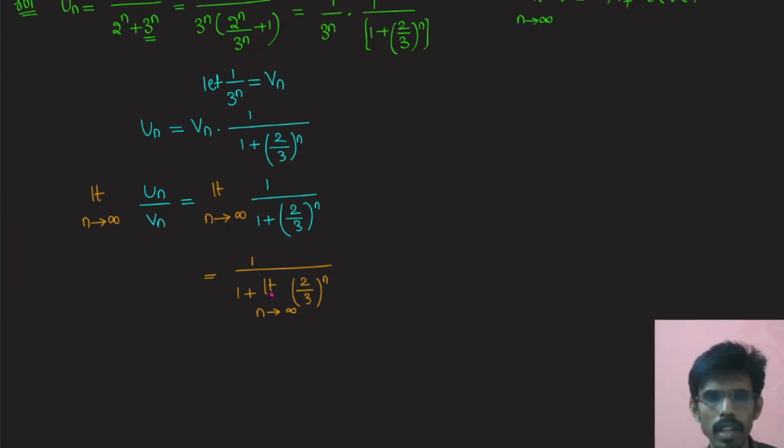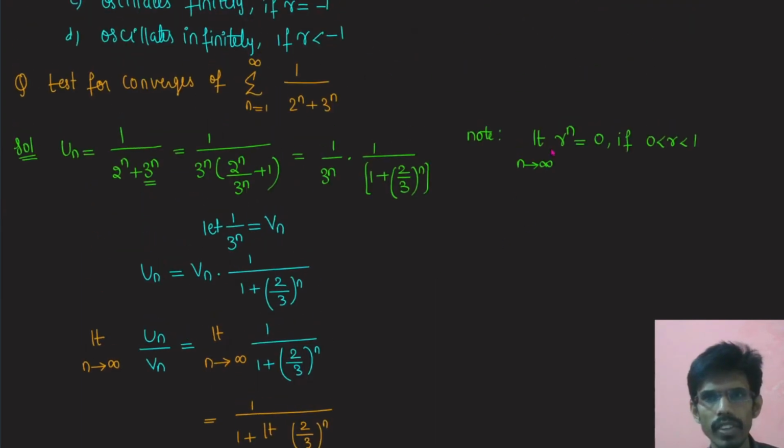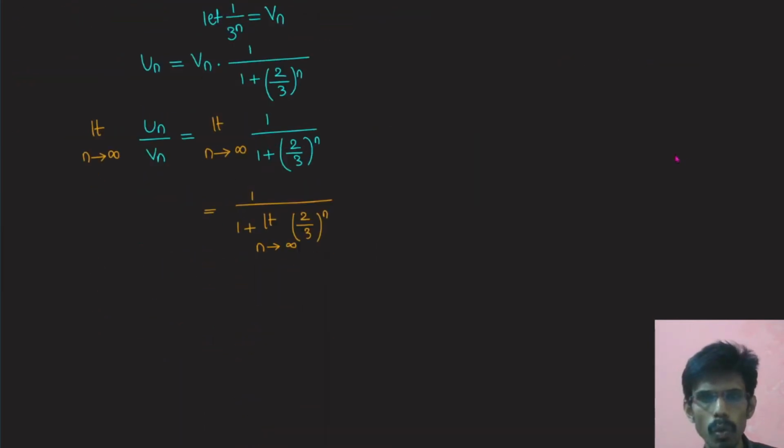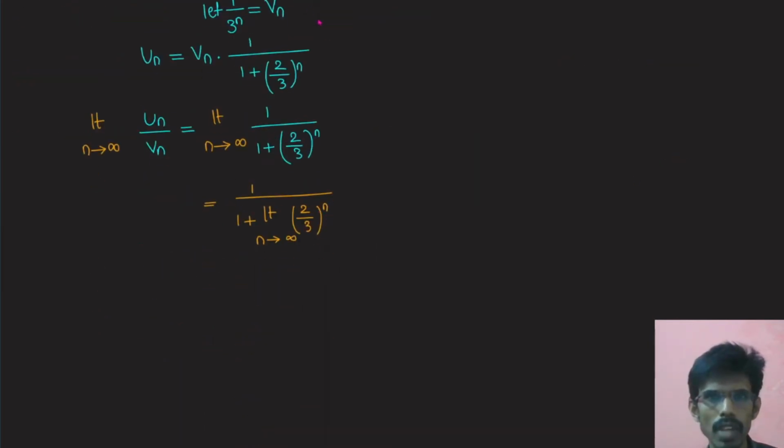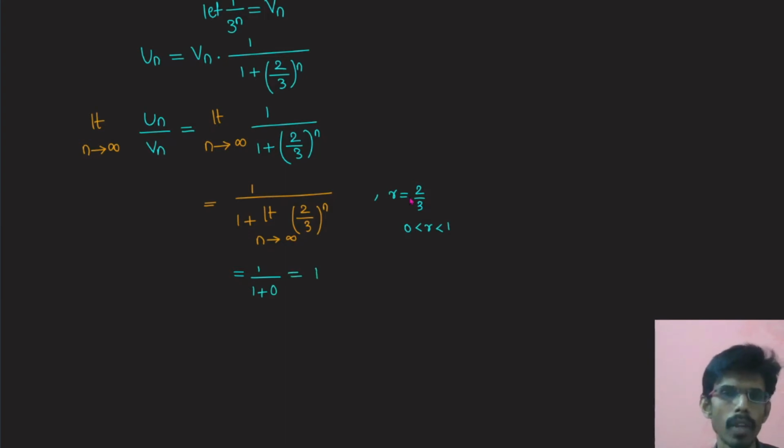Now compare this limit n tends to infinity 2 by 3 power of n with this note: limit n tends to infinity r power of n is 0 if r lies between 0 and 1. Taking this term as r, here the value r is 2 by 3, which lies between 0 and 1. So the limit will be 0. So 1 by 1 plus 0 gives 1, which is not equal to 0, a finite non-zero number. So by comparison test we say that sigma Vn